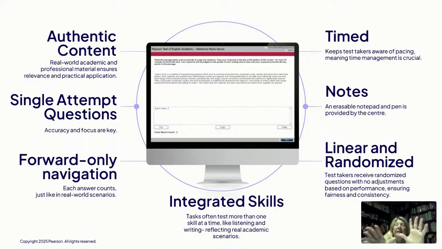The questions are linear and randomized, but it's a much easier test that reflects the way you have learned, versus tests from 50 years ago that were in a different style. So I think you would appreciate this test, because it really is reflective of the way you have been learning in your classes. Okay, next.